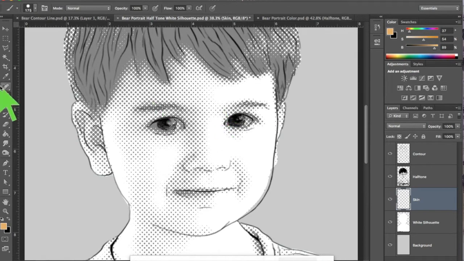Okay, but I'm going to now use my brush, and I'm going to reduce this. Right now I don't have my drawing tablet hooked up, but this is where you want to use your drawing tablet and start to color this in. Now we're like coloring in a coloring book. We're just coloring in this image up to what we know are the edges because of the halftone that's there. So I know the hair is going to be right about there. And so now I'm just going to start coloring in, not within the lines, but kind of within the halftone,